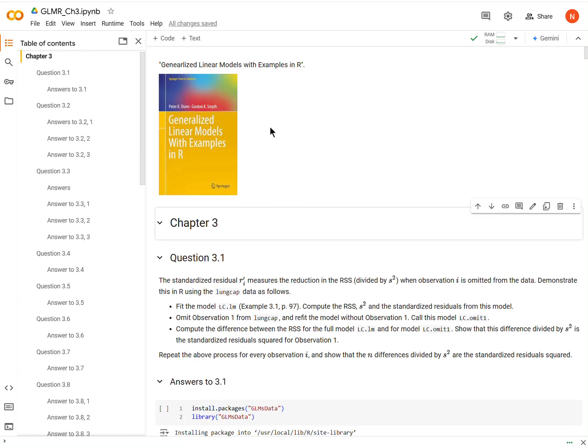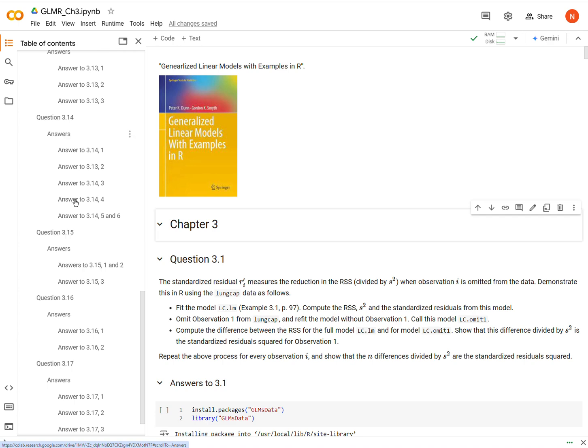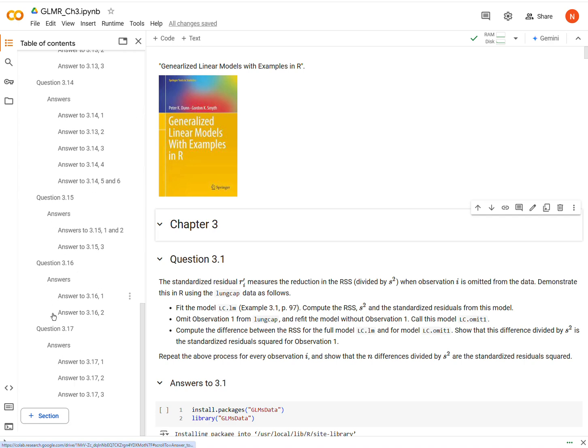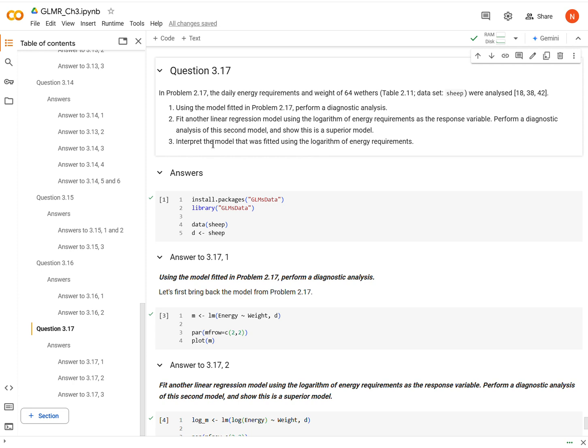This is from Generalized Linear Models with Examples in R, that book there. Chapter 3, question 3.17. Okay, so here we are revisiting a problem from Chapter 2, question 2.17, where we ran